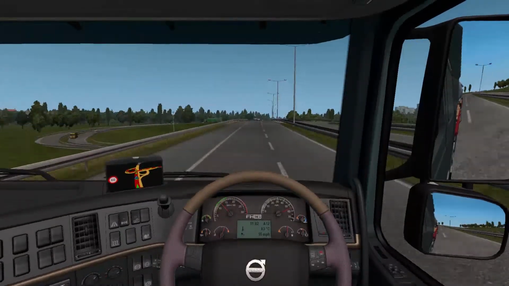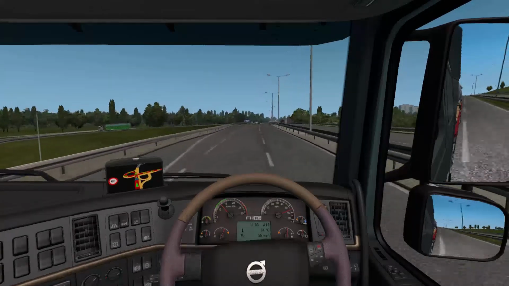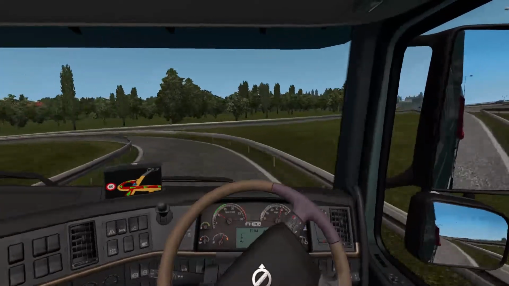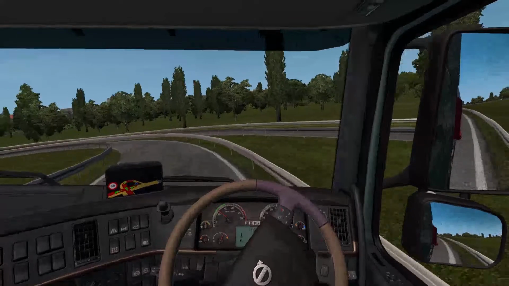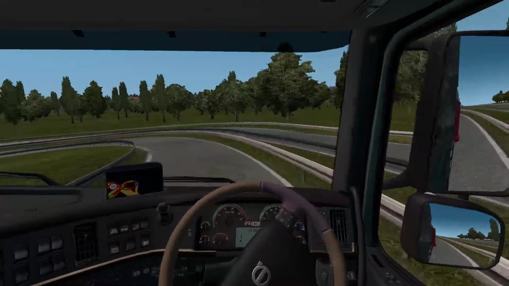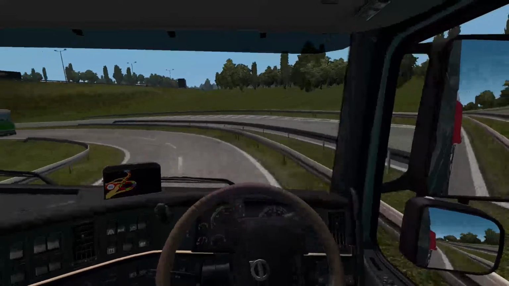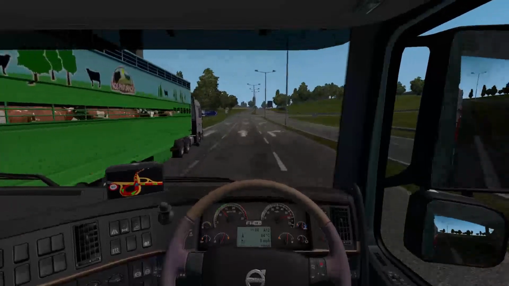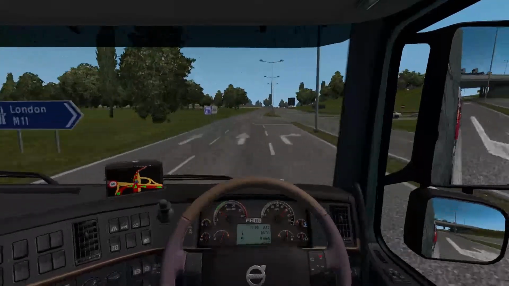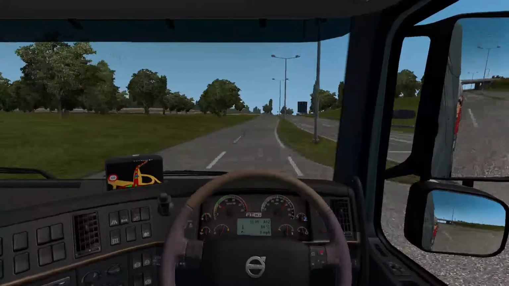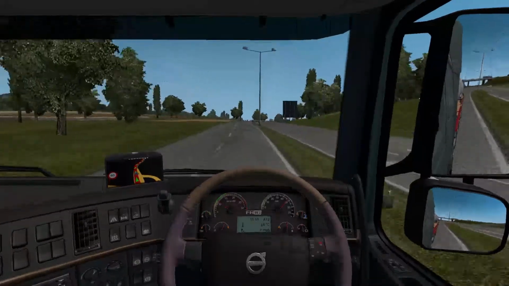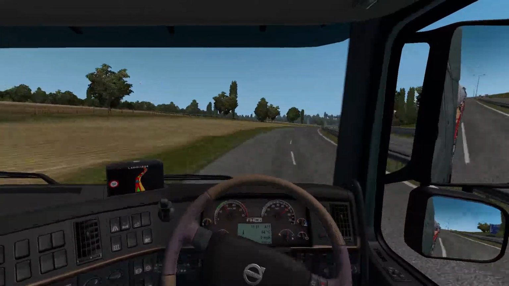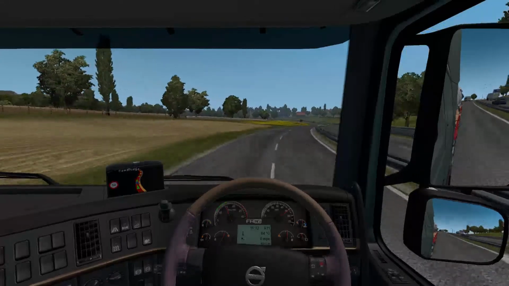One bonus as well with quick jobs is that you can start and end from any town that you've discovered. So there's no next job from here. You can just pick one from wherever. I'd like to know who would rather I did slightly longer jobs and who would rather I did shorter jobs, because obviously for now I am limited, I think, to about a maximum of a 3-hour journey because of what level I am in the game. Because you have to get experience points to level up things like your long distance license, hazardous cargo license, all sorts of things like that you have to unlock. So do bear that in mind.